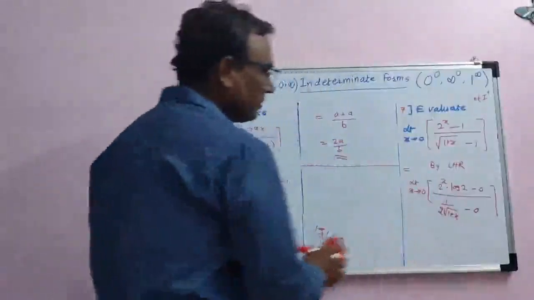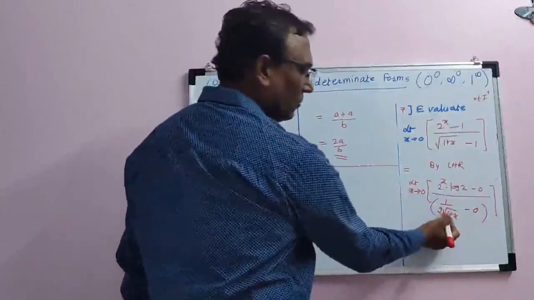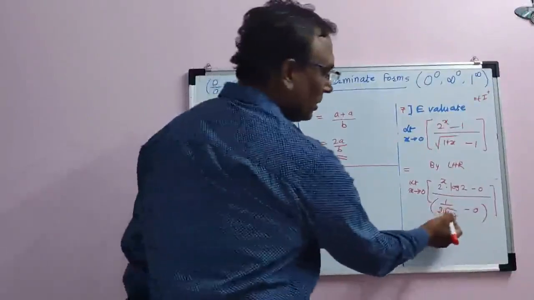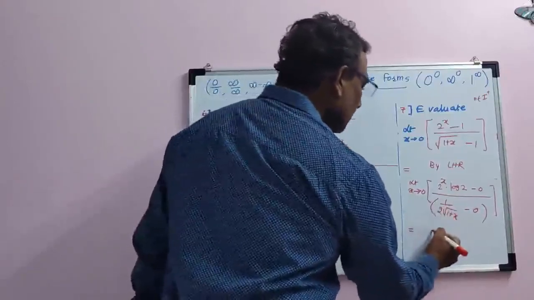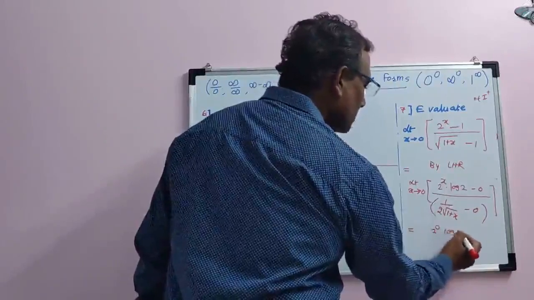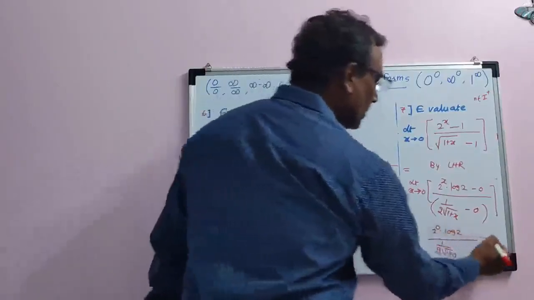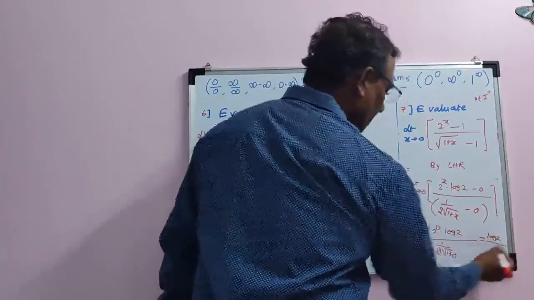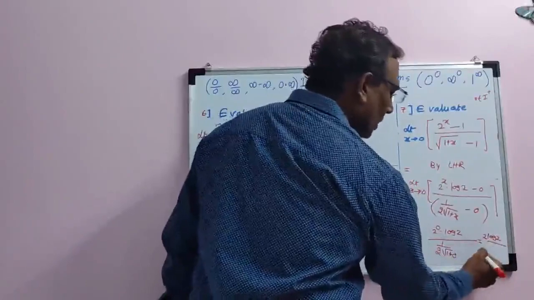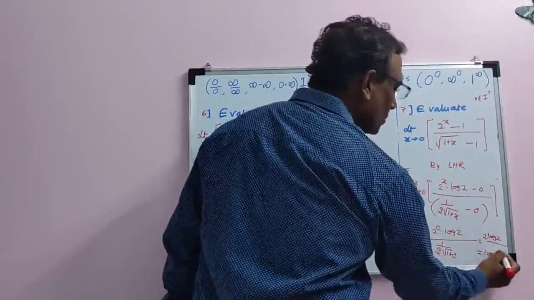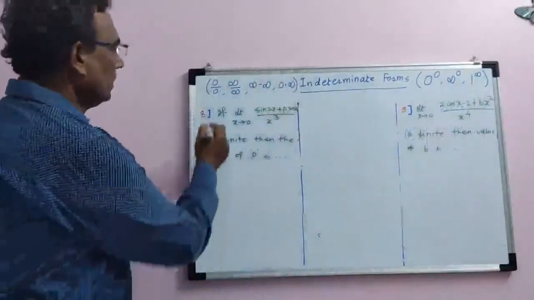Now, if you put x equal to 0 in the denominator, then 1 plus 0 is 1, and root of 1 is 1, and 2 into 1 is 2. Means denominator is not going to become 0. Then in the next step, put value of x as 0. This is equal to 2 raised to 0 is 1, means log of 2 by 1 by 2, this 2 will jump in the numerator like this, 2 log 2. And 2 log 2 can be written as log of 2 whole square, and log of 2 whole square is log of 4. Now we are going to solve these two problems.